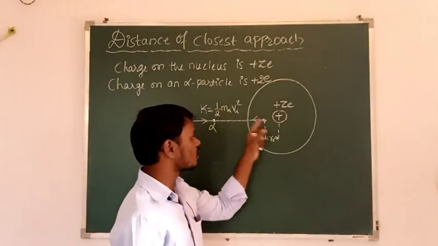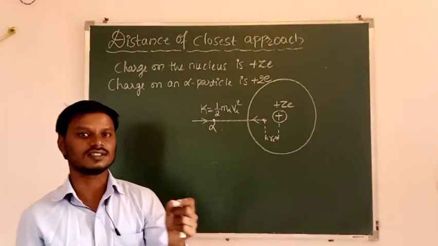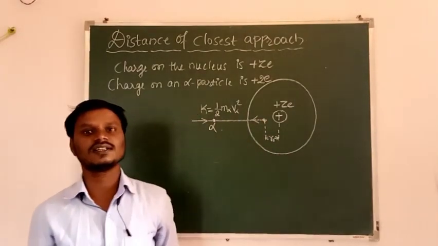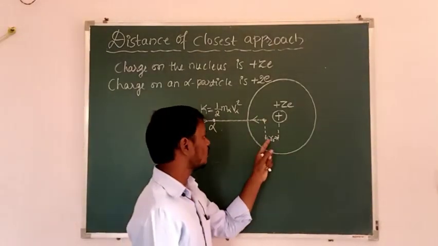Then that work done is converted into which energy? Potential energy. It means the kinetic energy of the alpha particle is converted into the potential energy of the alpha particle at the